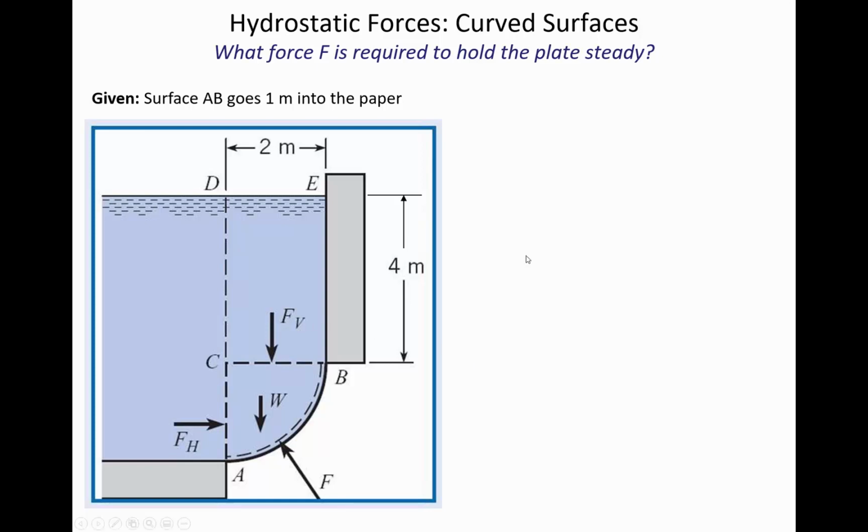So what we're going to do is try to find what force is required to hold the plate steady. So you can see F down here at the bottom is going to be the magnitude of the force that holds the plate steady in response to the vertical force of the rectangular shape. So that's the weight of the water inside of that box. And then the weight of water in the wedge. And then there's also a hydrostatic force pushing in from the side. And so the resultant external force that's required to hold the system steady is going to resist both of the vertical forces and also the horizontal force.